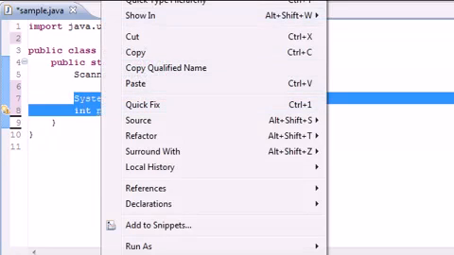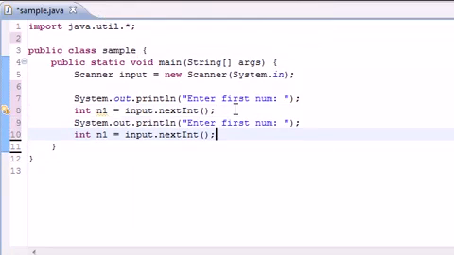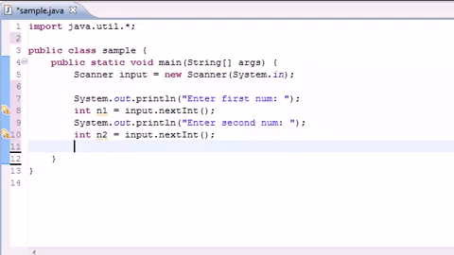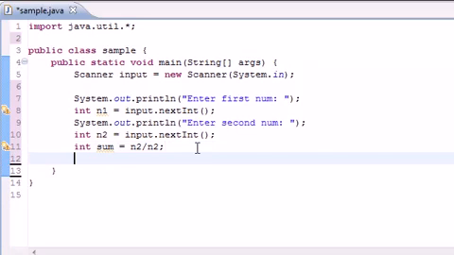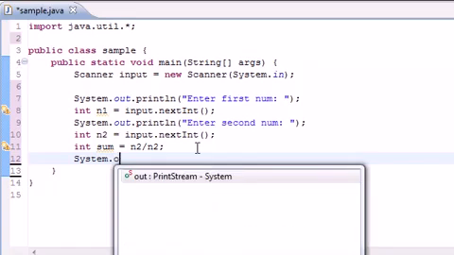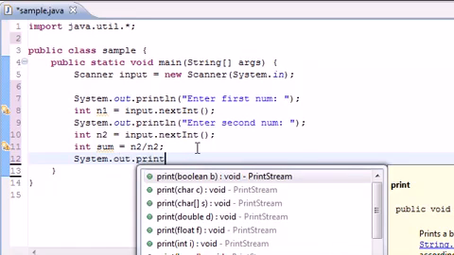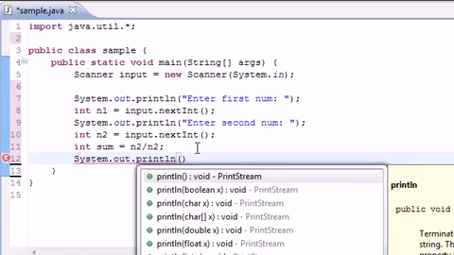Now let's copy this, duplicate it, and set this equal to num2, and give them a new prompt for our second number. And now let's make a new sum equal to num1 divided by num2. So now we've got a little program if we print out the sum. So System.out.println, and go ahead